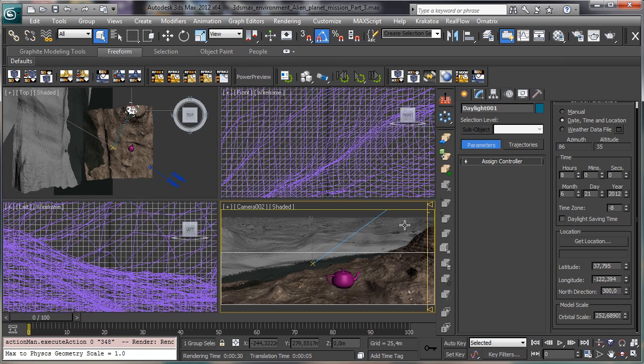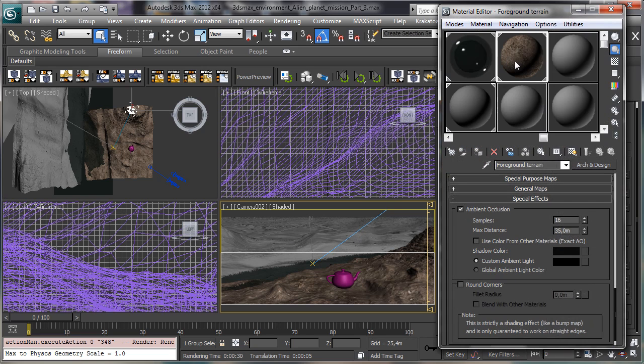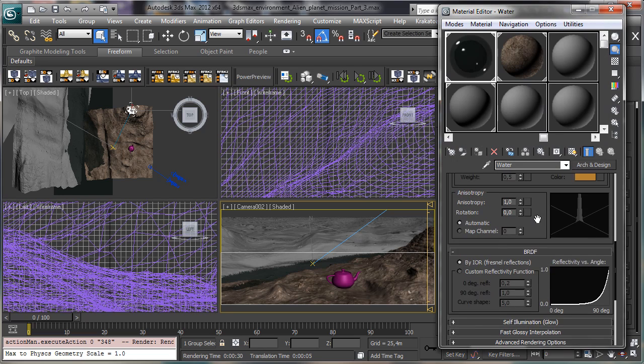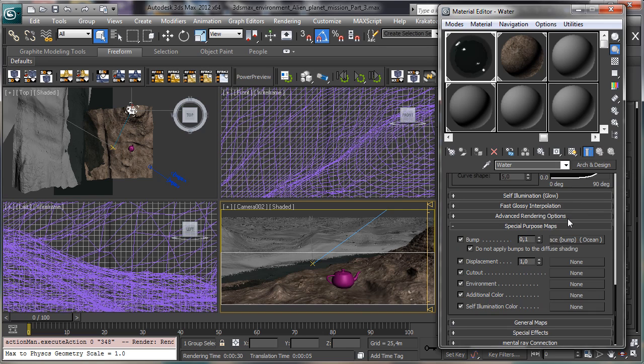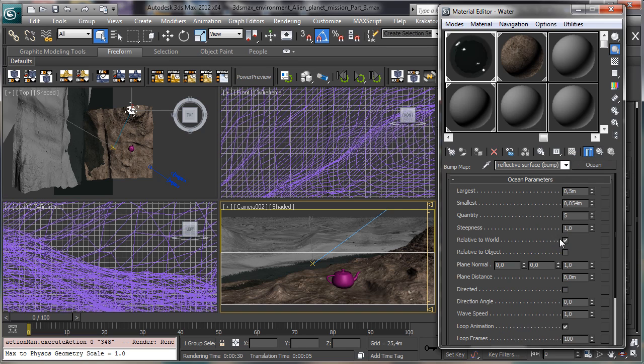like that. Okay, so you know we have to show the scaling, and to show the scaling we have to change also the bump scaling there. We have 5 meters for the largest wave, but we can say 0.5 meters, and the smallest one is 5 centimeters, and we can say also that